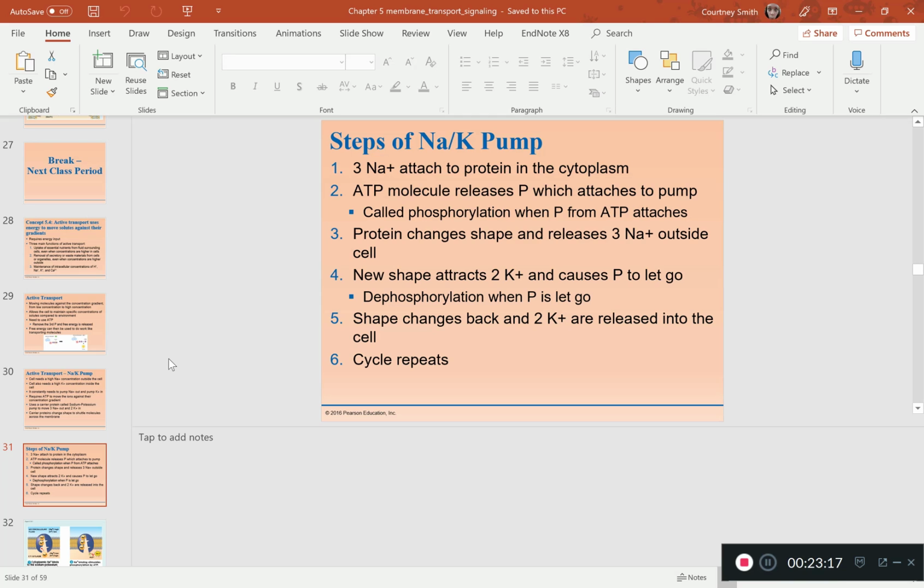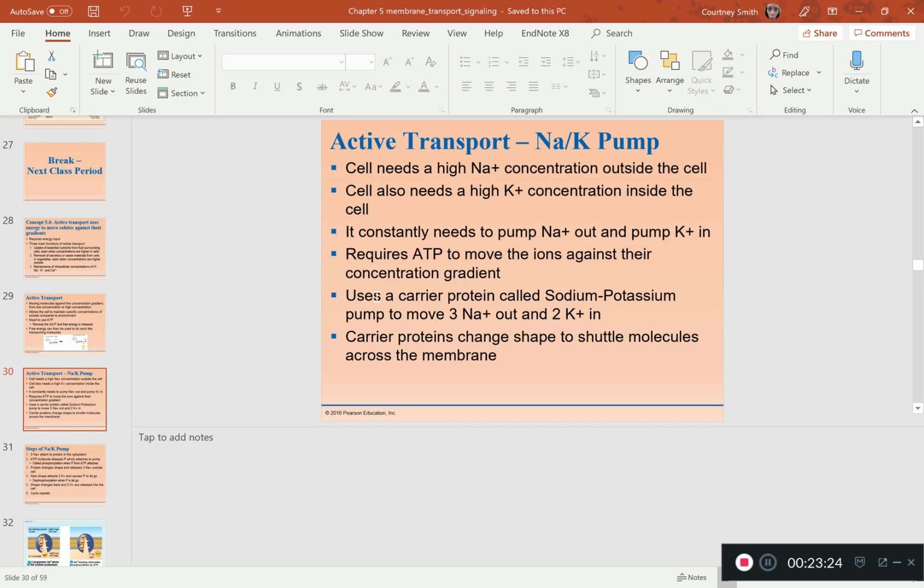With number 12, it wants you to describe what is happening in the sodium potassium pump. So ideally what is happening is you are transporting out sodium molecules and transporting in potassium molecules. That's the big thing. And then also, like I said, ATP is required. And with the sodium potassium pump, I definitely want you to know